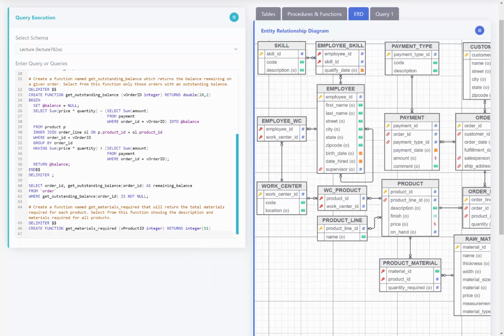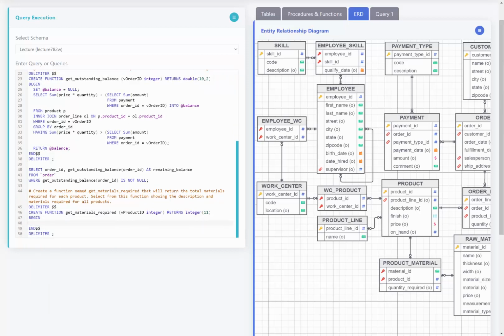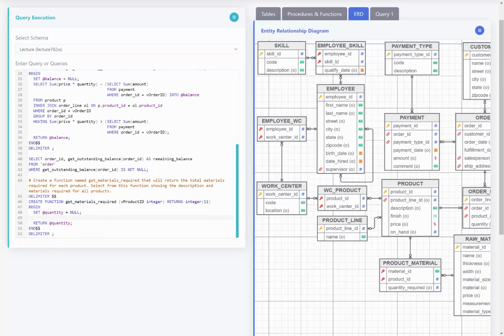So the next thing that we're going to do is begin and end our function, and then what we're going to return is the total materials. So let's go ahead and set that variable. So we'll say set @quantity equal to null, and then we're going to return @quantity. So now we need to get the total number of materials, so let's go ahead and select the sum of